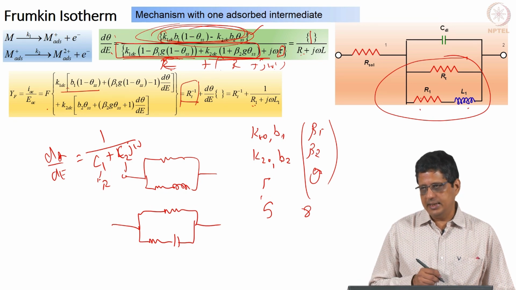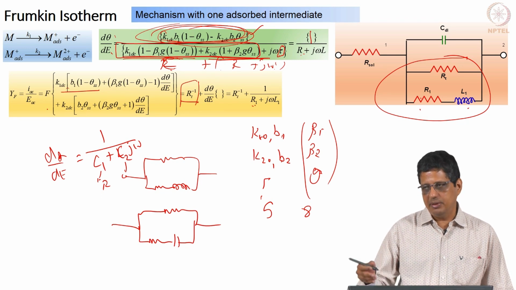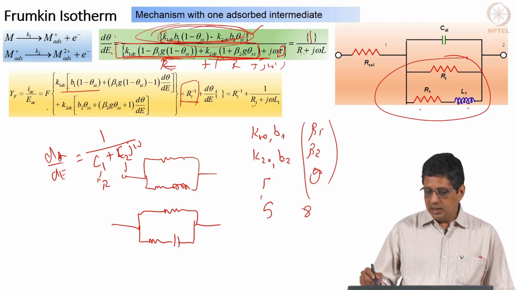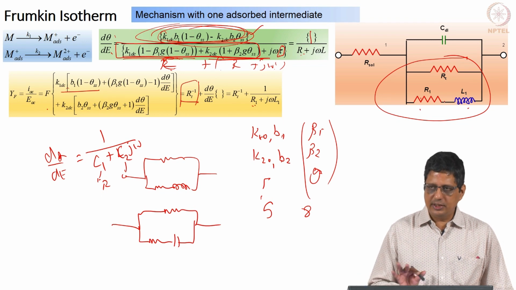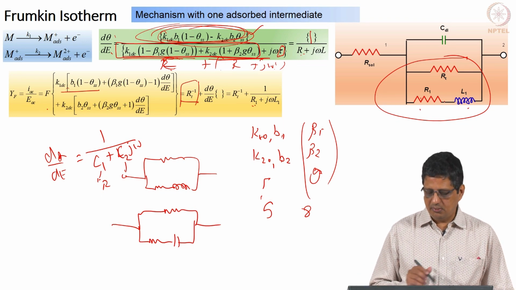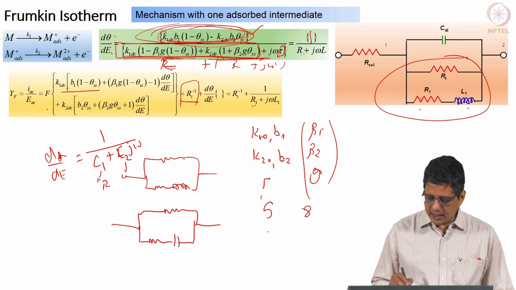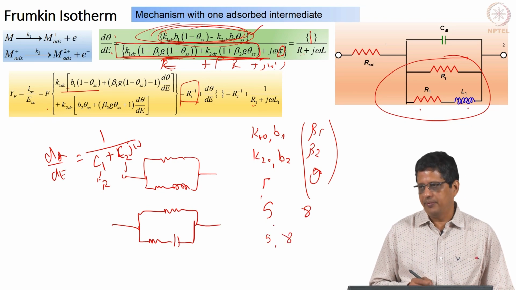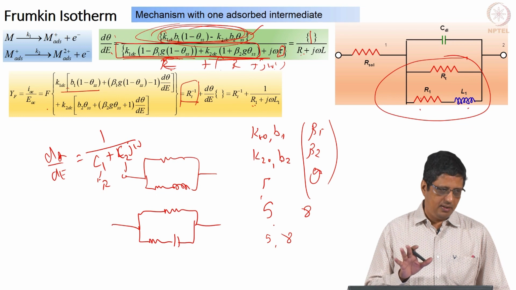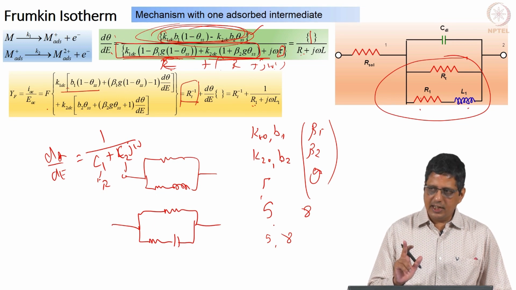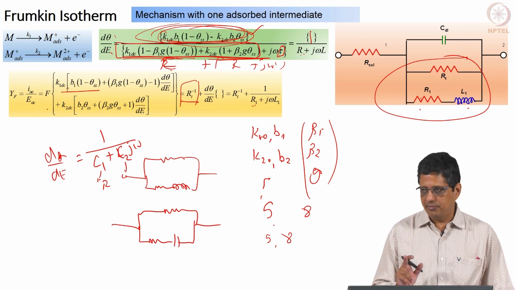But if I want to get these things correctly, I need to take spectra at multiple DC potentials to get this, because circuit-wise it gives rise to 3 elements. Kinetic parameter-wise, I am taking either 5 elements or 8 elements. If I model with 1 EDC, I will get an infinite number of solutions.